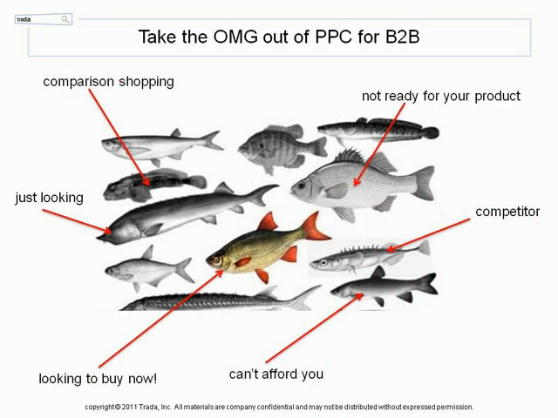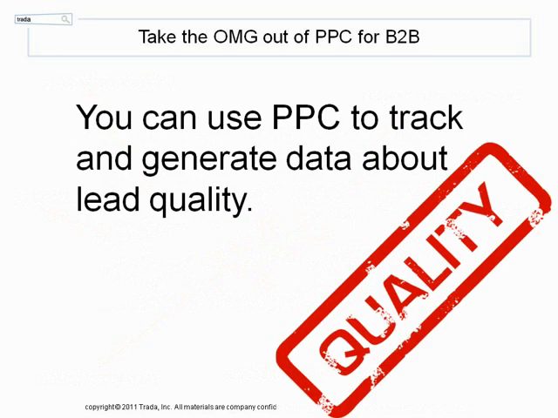It would be pretty great if you could only pay to bring in leads that would definitely become your customers. But our CEO at Trada said this one time: if you get the chance to buy a billboard on a road that's driven on only by people who will become your customers, you should buy that billboard. So luckily, with PPC, you can track and test where different levels of leads are coming from. And you can see when patterns emerge. Then you can use this information to inform your marketing activities, like how you allocate your budget.